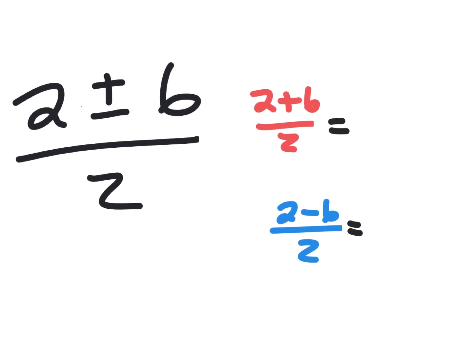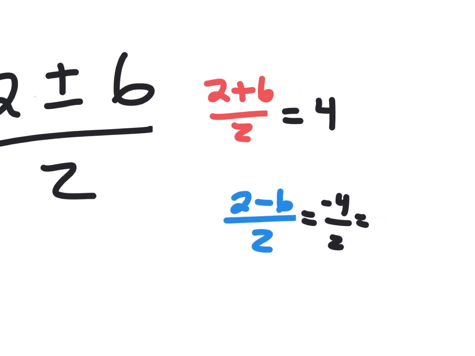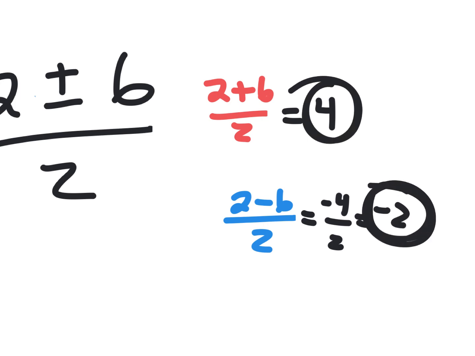2 plus 6 is 8. 8 divided by 2 is 4. And 2 minus 6 is negative 4, divided by 2. And negative 4 divided by 2 is negative 2. There's my 2 answers. And guess what? At the very beginning,